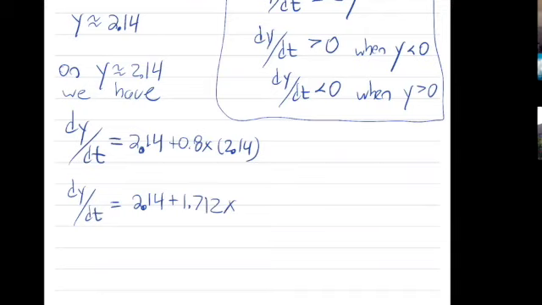Okay, sorry, just plugging in the 2.14 in for y and simplifying, and then you can see that this is going to be bigger than 0 when,